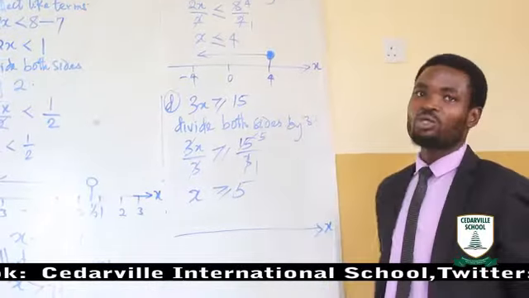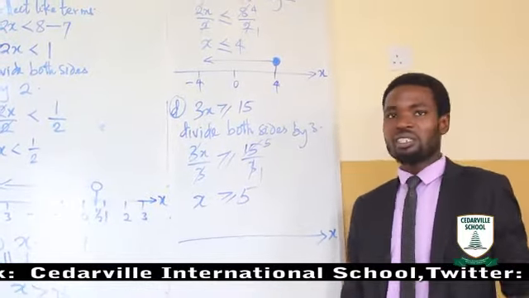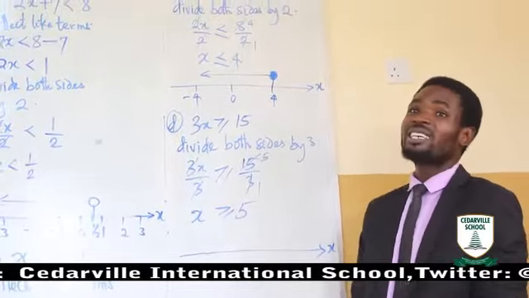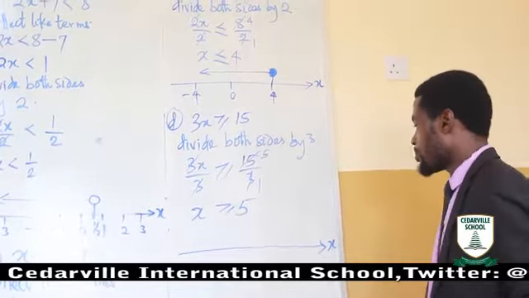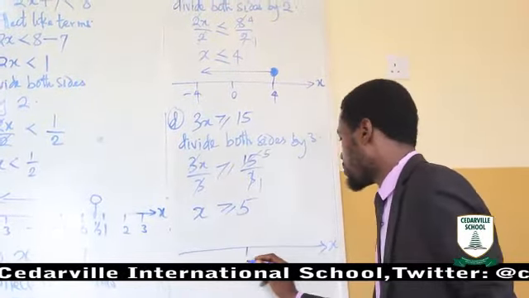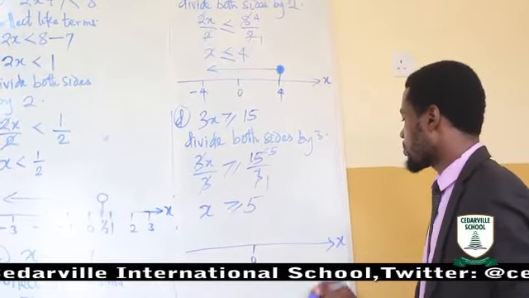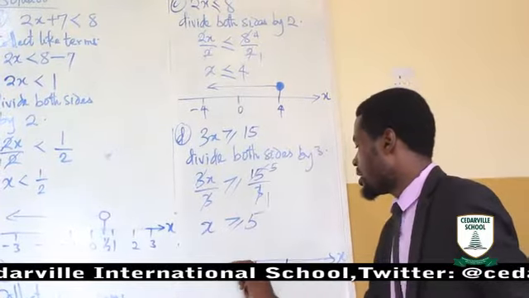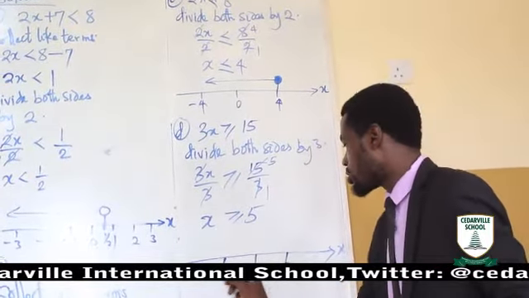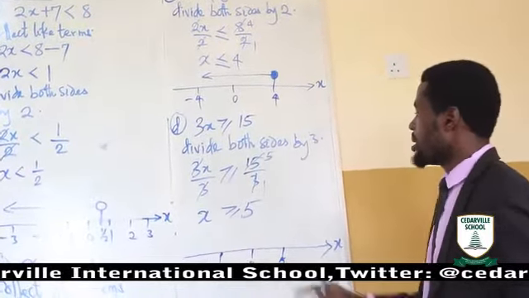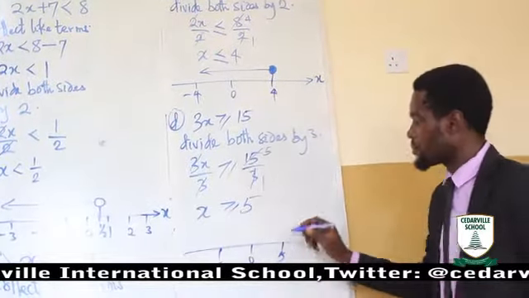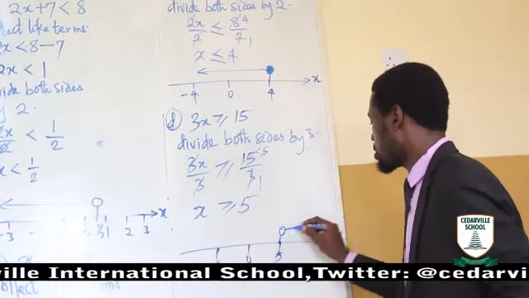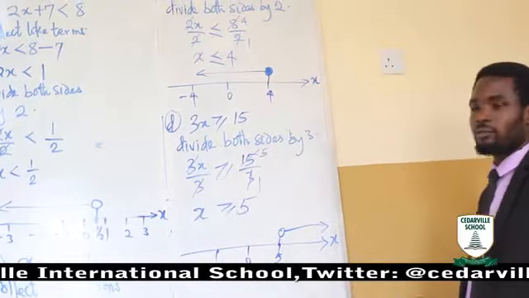Mind you, you can have x, you can have y, you can have b, you can have c. Okay? It is not x only. So the next is to look for 0. This is 0 here. Then the number we have here is 5. Just put 5 here. Then add the negative number, which is also minus 5. Mind you, this is greater than, it is pointing where? It is pointing to the right.